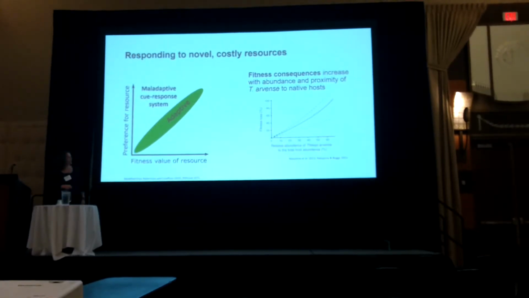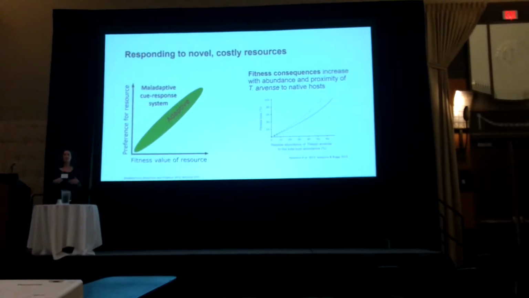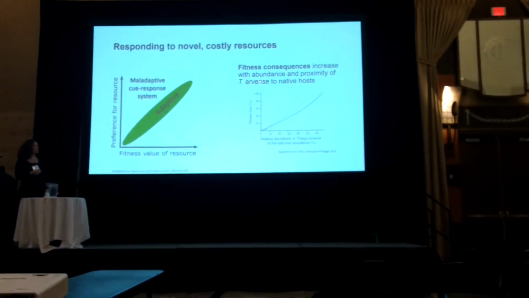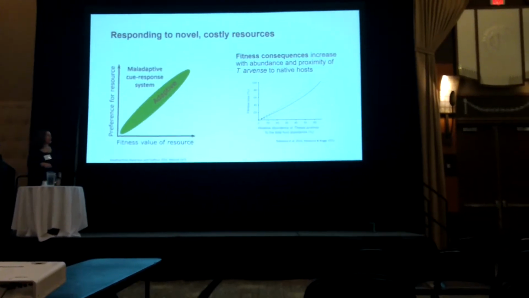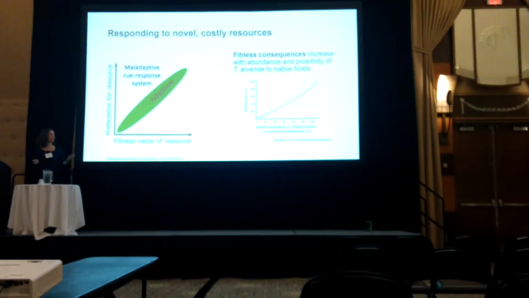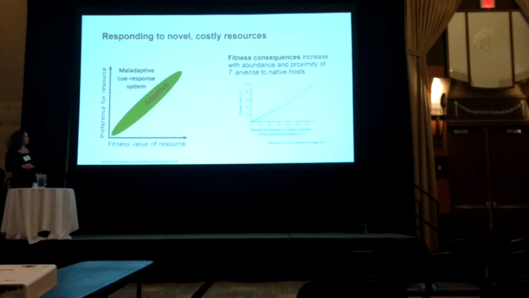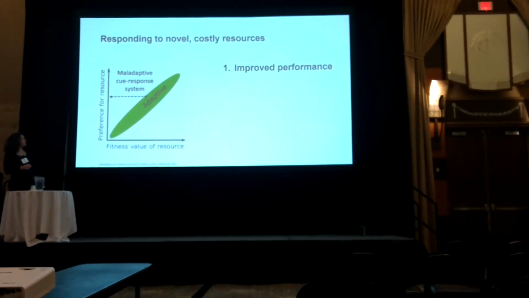And in the case of Pyrus butterflies, we quantified that the degree of selection that they're under is related to the abundance and proximity of the native host plants to Steward. So there is an existing selection pressure. So how might they escape from this